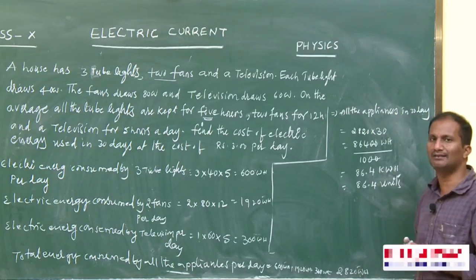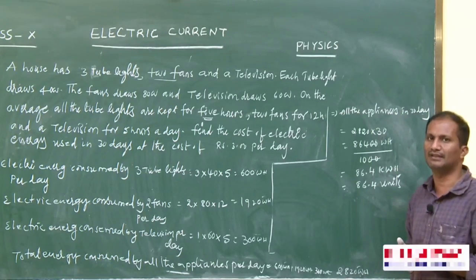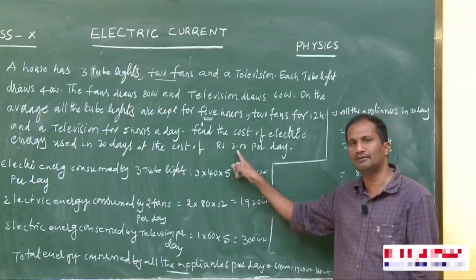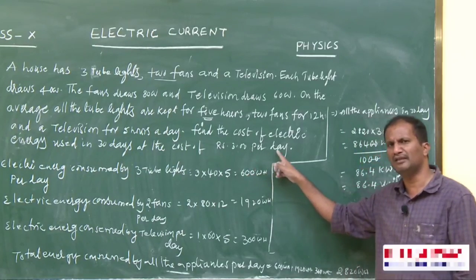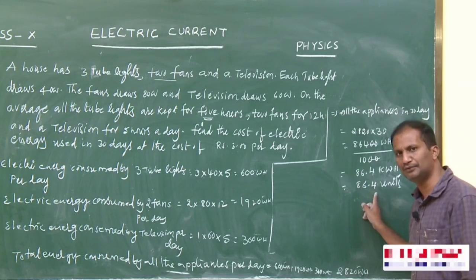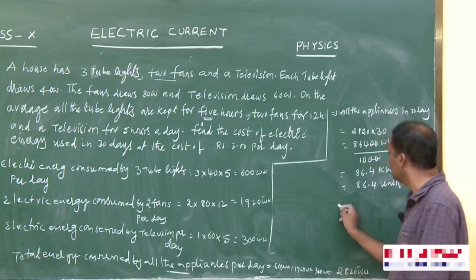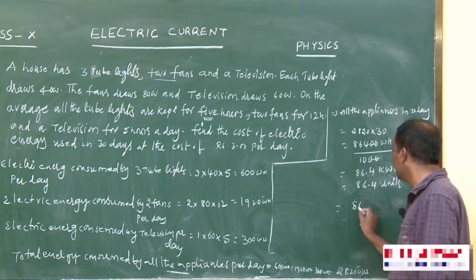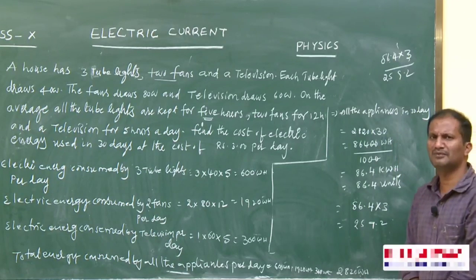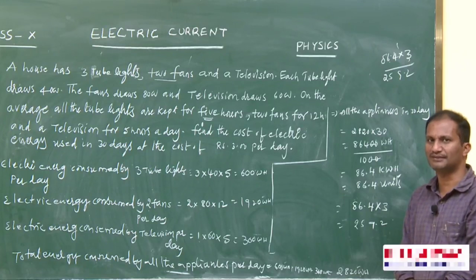Now we are going to calculate the electricity bill of that house in that month of 30 days. Already it is given that the cost of each unit is equal to 3 rupees. The number of units of electricity consumed by that home is 86.4 units. So we get the electricity bill as 86.4 into 3. So the total amount of electricity bill that the owner of that house has to pay is